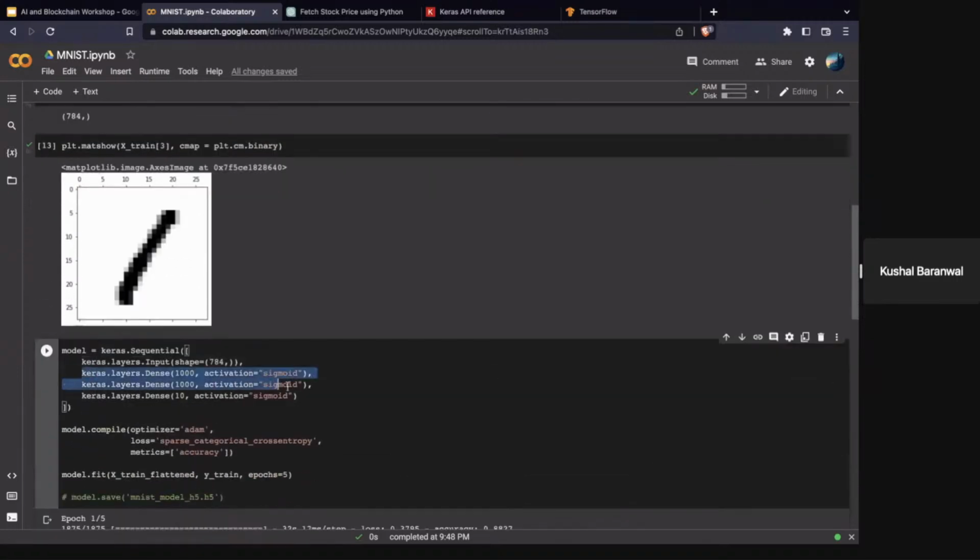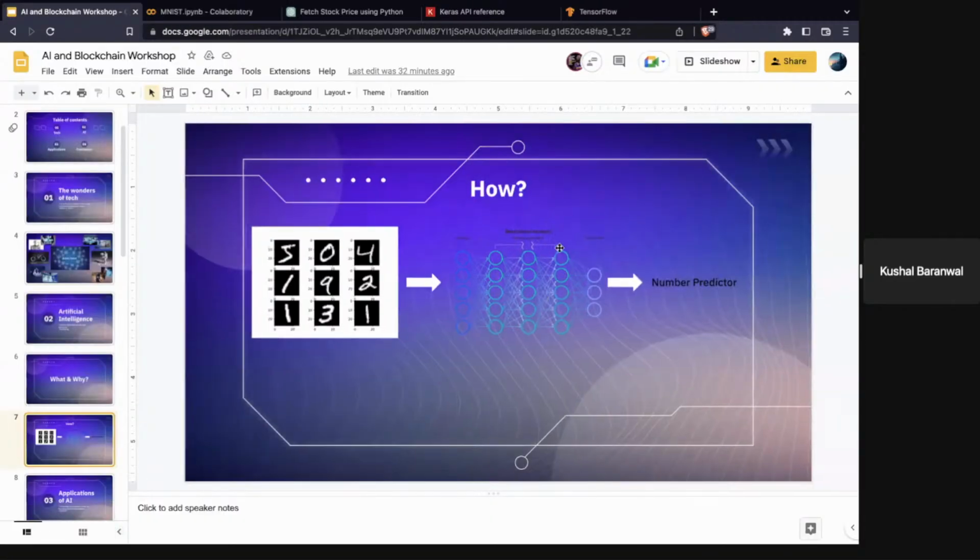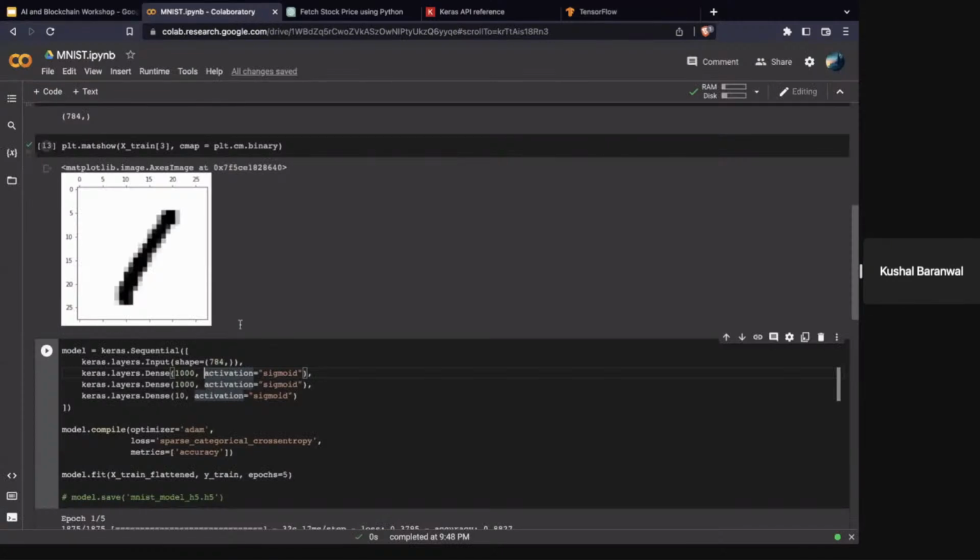The second and third layers, now you could have more layers, you could have fewer layers, but these are both going to be traditional hidden layers. In our case, instead of 3, we have 2. The reason for that is that if we went directly from the input layer to the output layer, it wouldn't be as accurate. It wouldn't be able to account for as many details. Like you can write a 1 like this, you can write a 1 like this, the other way, you can write a 1 completely straight. If you just have 2 layers, it's not going to be able to figure out all that nuance.